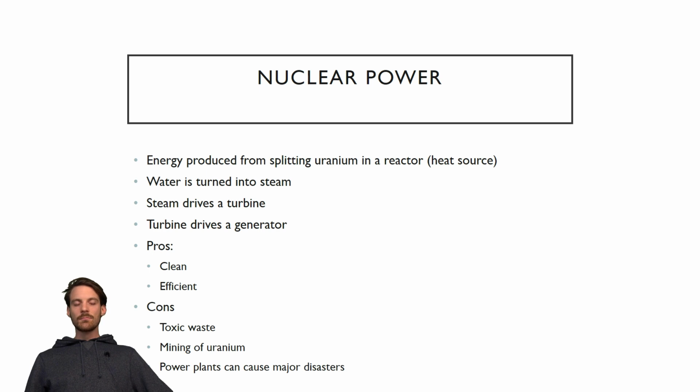resource. So basically, nuclear power is gained at first, of course, by mining the uranium ore. Then uranium is split in a reactor. This reactor serves as a heat source, and then water is turned to steam, which drives a turbine, and the turbine drives a generator. So again, we create